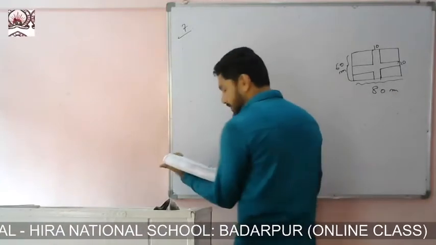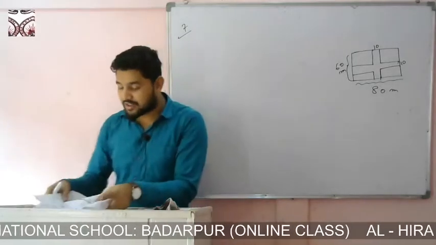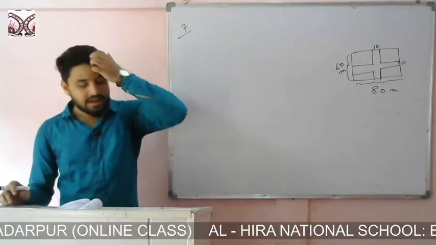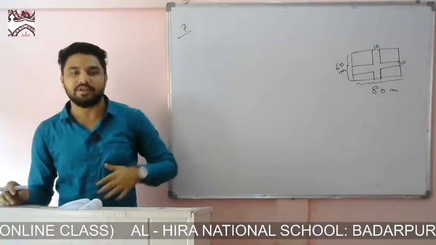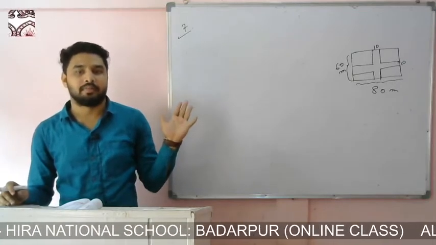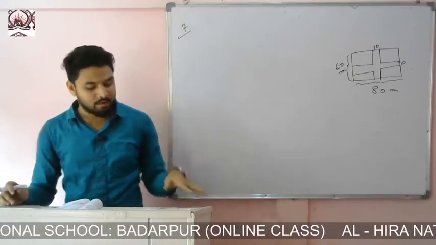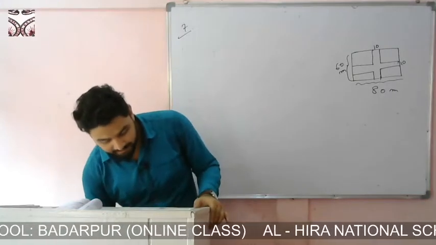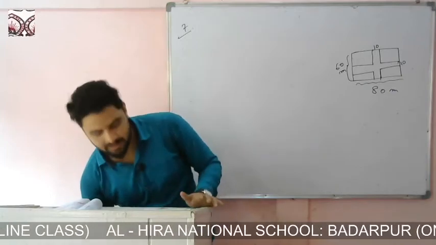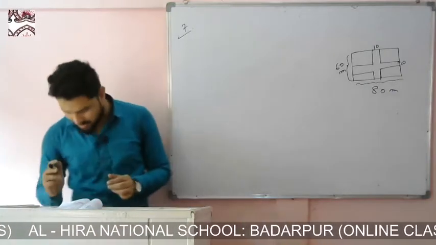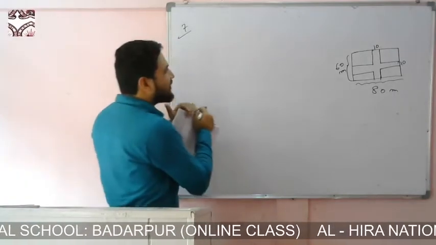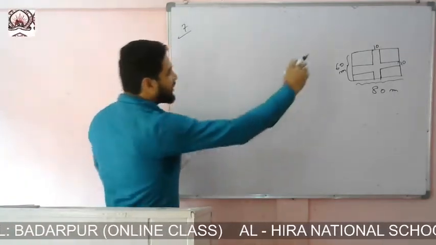Now you see how to find. So first of all, we will find the area of the two roads. That means one is parallel with the length, and another is parallel with the breadth. After that we shall subtract the common portion as earlier, then we'll get the area of the road. So write area of the road parallel to the length of the lawn.